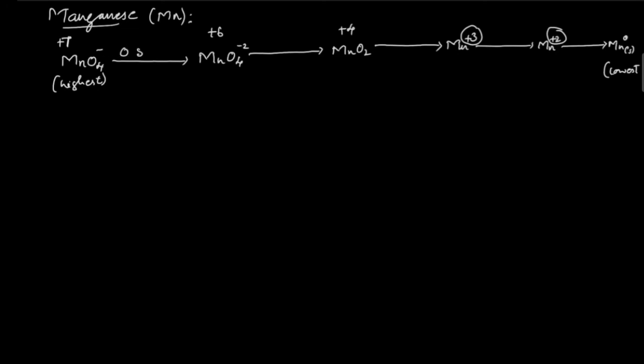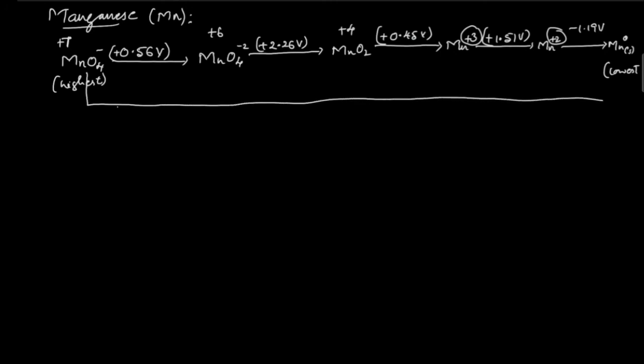The electrode potential for this conversion is plus 0.56 volt. Similarly, for this reaction it is plus 2.26 volt. Similarly, for this 0.45 volt for plus 4 to plus 3. For the plus 3 to plus 2 oxidation, the E naught is plus 1.51 volt. For the conversion of Mn plus 2 to 0, the redox potential value is minus 1.19 volt. And for the overall reaction, that means